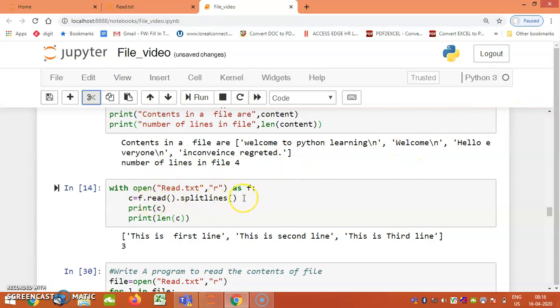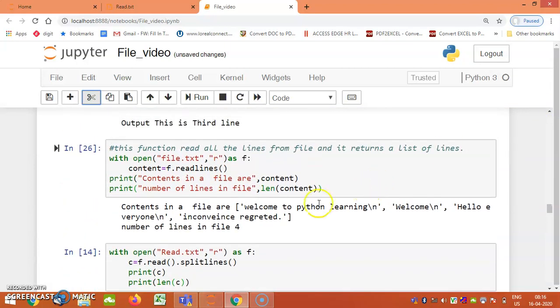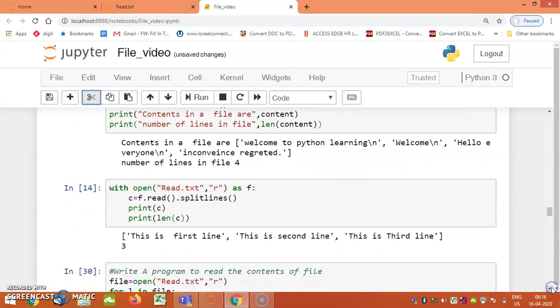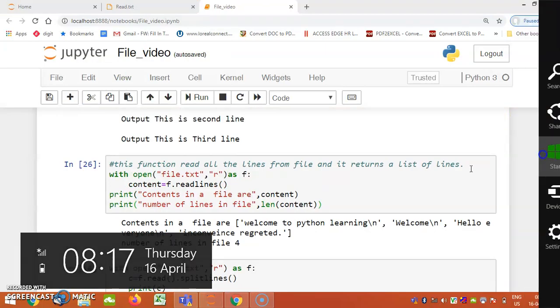Now listen, in this program, I have performed the read operation. Okay, and I don't want output now. We have performed this program where I got the result in the form of a list, with backslash n. Okay, if I don't want backslash n, what do I have to go for? The way we perform the split function, split by space, split by comma, we have splitlines. Using splitlines, I will get the output without backslash n. See, I have performed the previous program on the same